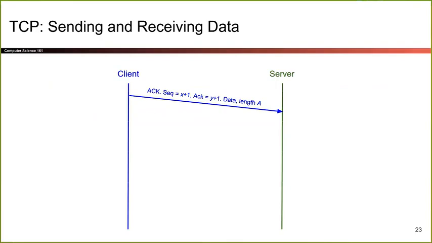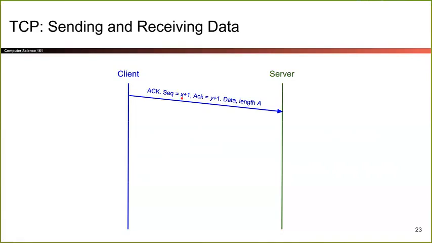this comes after the handshake is over. So the handshake used up a couple of bytes, which is why the sequence number actually starts at the initial number plus 1, and the ACK number starts at the initial number plus 1. So here, the client's sequence number starts at X, and the server sequence number starts at Y.